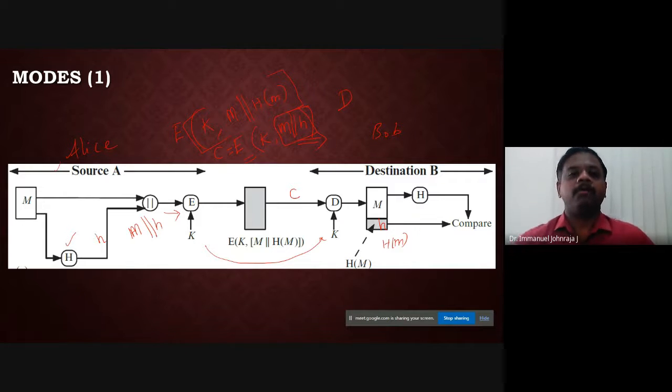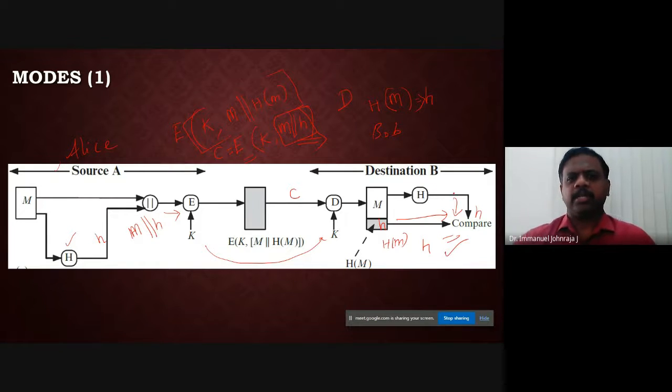All right, now how does he verify? The receiver, Bob in this case, has to calculate the hash function once again. Has he got M? Yes. So he applies the hash function to get the hash value H. Now the hash is already appended. This output is also taken, and whether this hash is equal to this hash is checked. If there is no change, if both are the same, then Bob convinces himself that the message is unaltered. So this solves your man in the middle attack, which you have just seen in the previous slide.